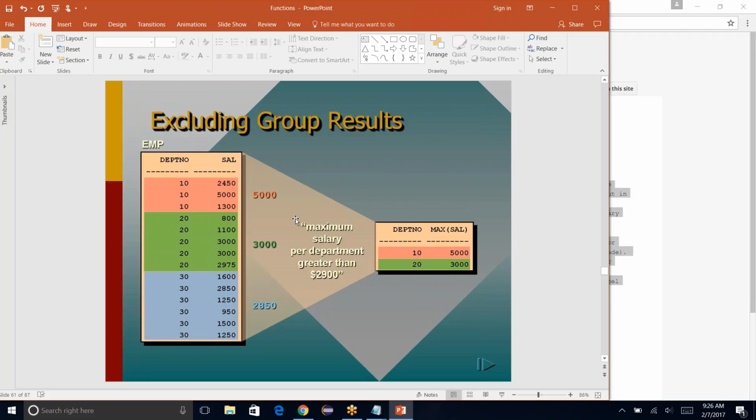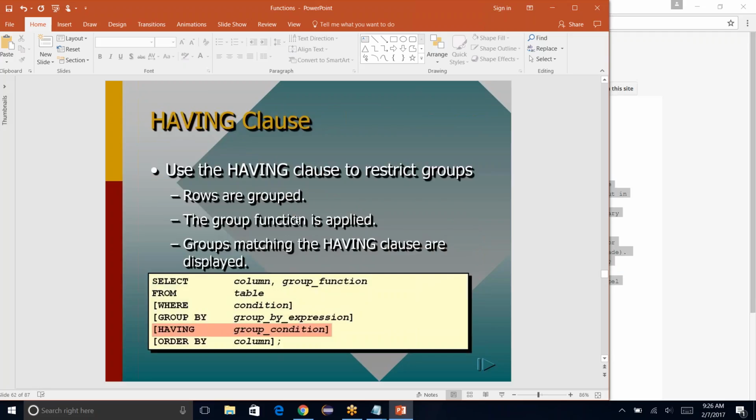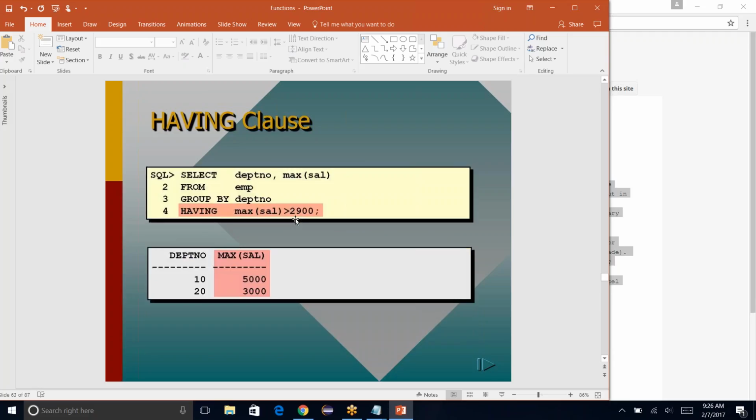So if we are trying to exclude certain groups, like salary greater than 2,000, then we have the having clause. Having clause with a group condition. So something like max of average salary is greater than 2,900,